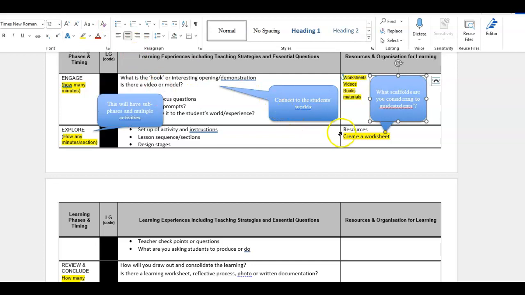So this here is what resources you're going to use, or what I've called here scaffold to guide the students. What is it that you're going to give them to help them navigate the learning journey in your resources? What's next? Well, you'll then come to the